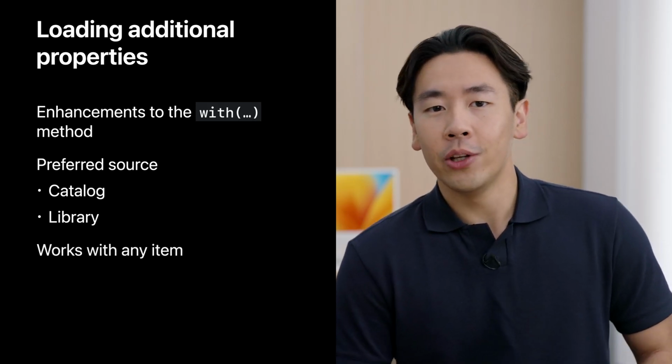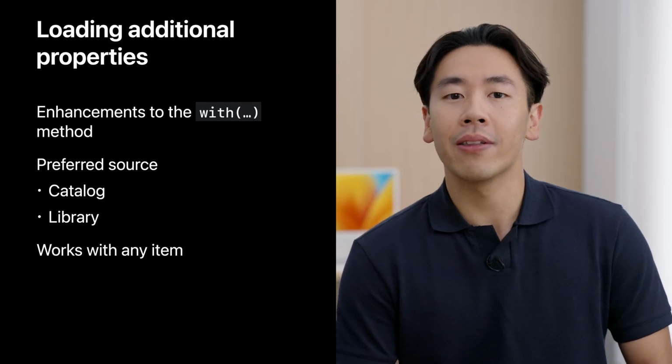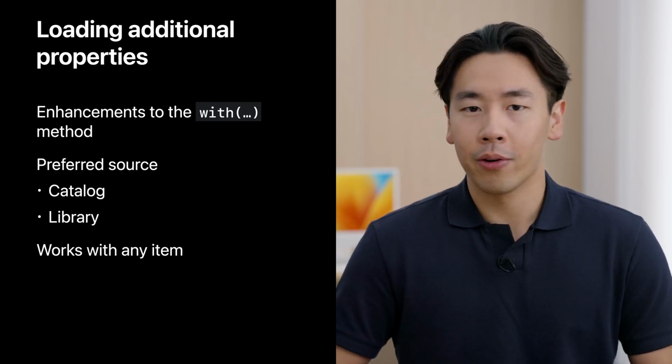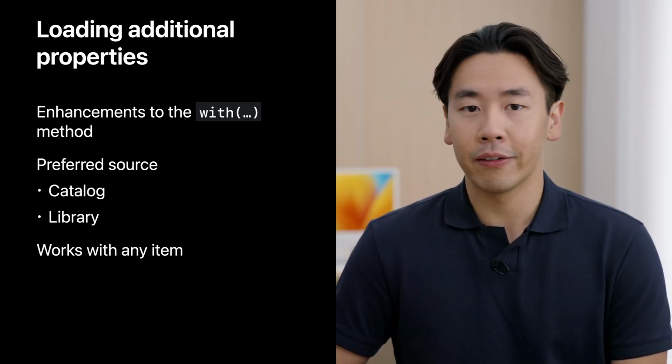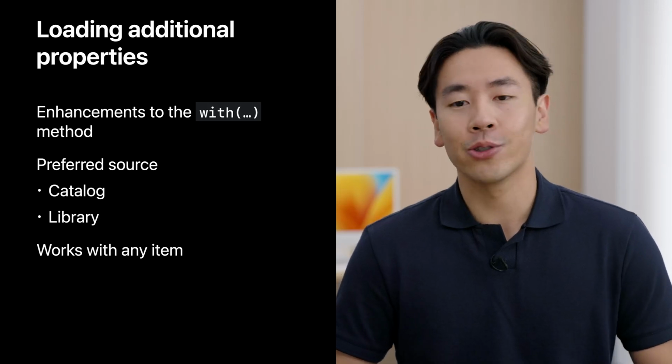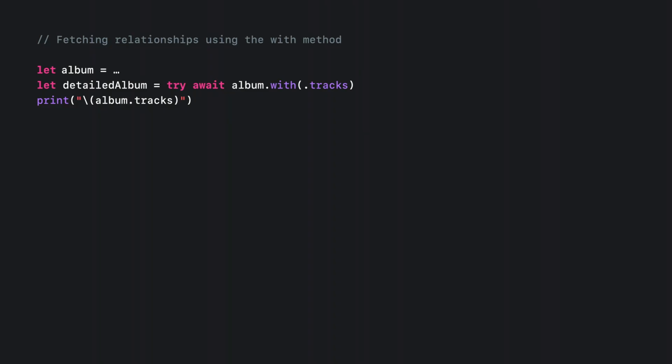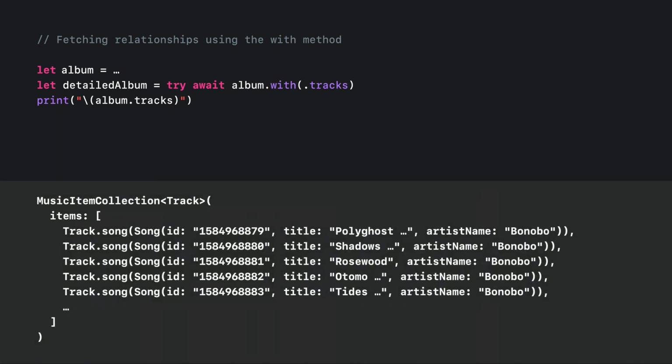In addition, you can use this functionality no matter where the initial item came from, whether it be a catalog request, a library request, or elsewhere. It all just works. Here we have the known way of receiving a relationship of a music item. We're loading the tracks of an album, and when we display the output, we can see all of the tracks